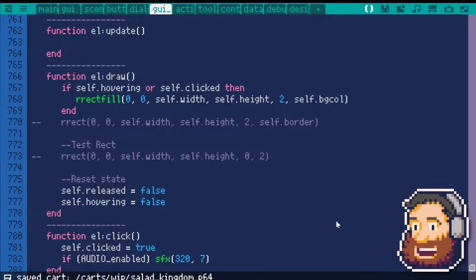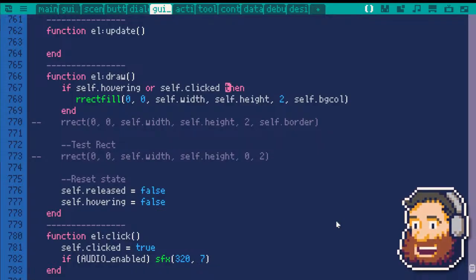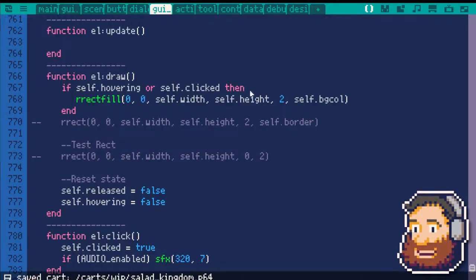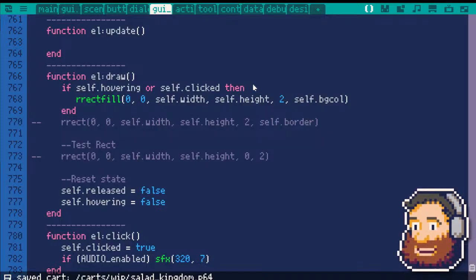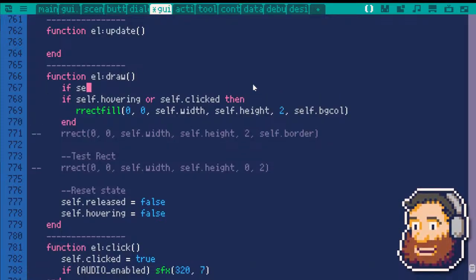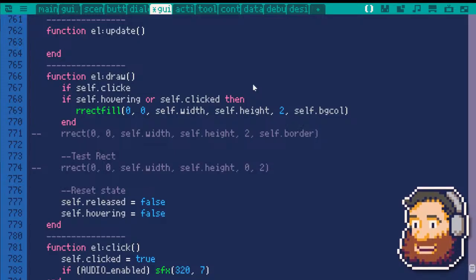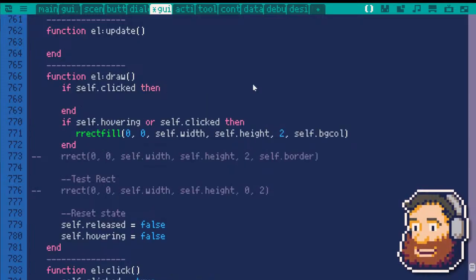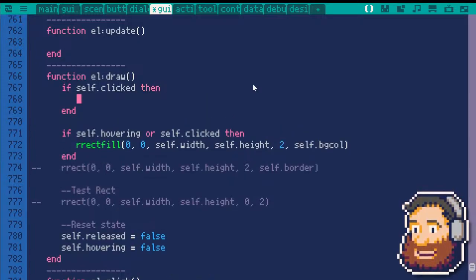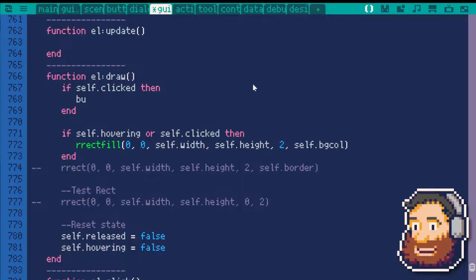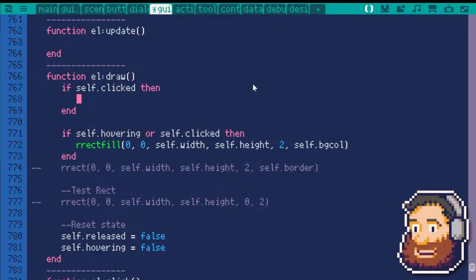And then we'll say if self.clicked, then self dot